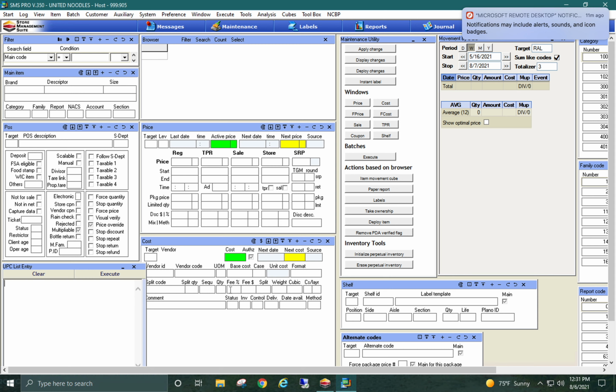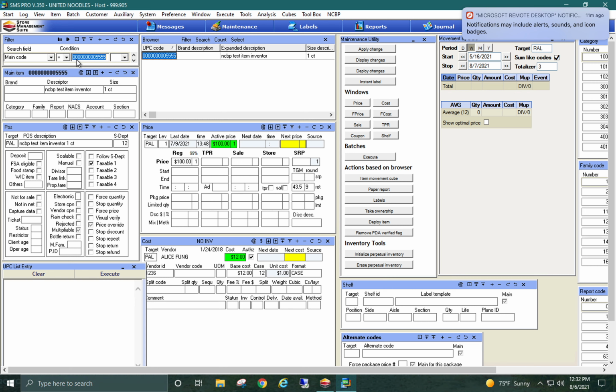If you want to apply, say, a change in subdepartment and a change in the price and a change in the shelf location, you need to do 3 apply to alls using the apply to all button on each of these windows. It's not all going to happen at once. Got it. And then if we say open up a test item,